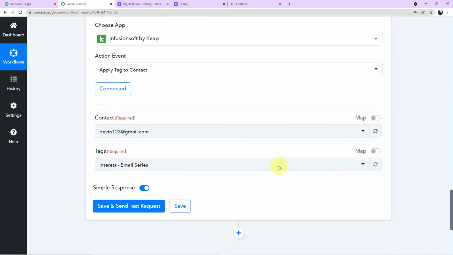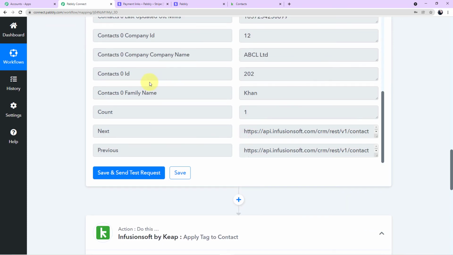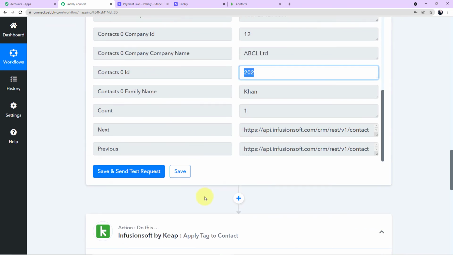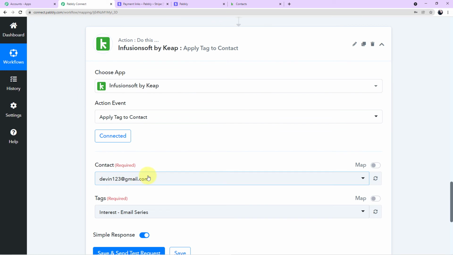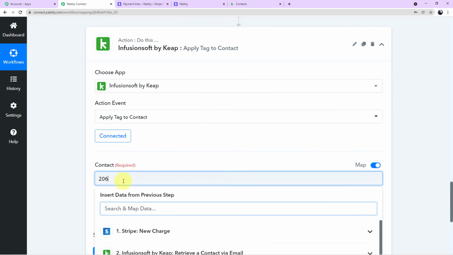Okay. Now what we have to do here, first here you can see two fields have been given to you where you have to add the value. It is required. Okay, so in the contact we will add the customer ID, which I have shown to you. We'll add this particular value here in contact, but before that you have to unbutton this and clear the previous given value.